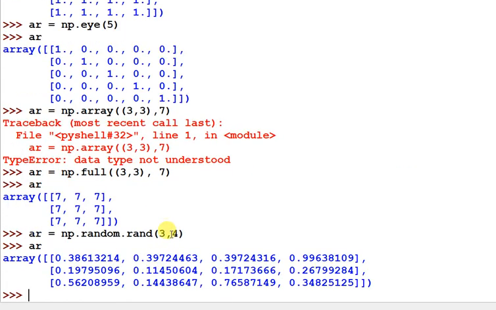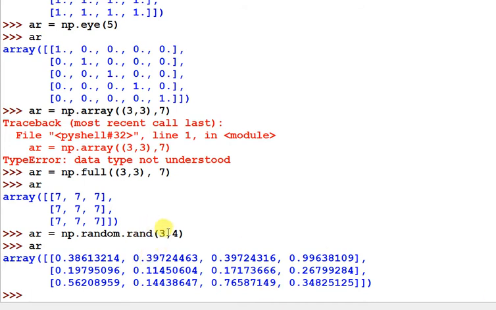It generated a 3 into 4 2-dimension array filled with random values, but we have not passed any. Whenever you call the random function, it generates random numbers from 0 to 1. By default the data type of the np array is float, so it generated float values from 0 to 1. So it created a 3 into 4 2-dimension array and assigned all the elements some random value.